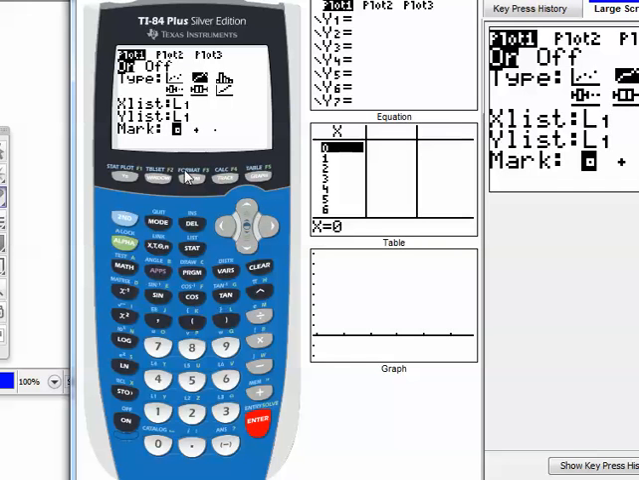And our numbers are in L1 and in L2. So we want to go down one more. L1's good. L2, we need to select L2. That is this one right there. And we'll mark that with a little dot like that and press enter. And then we'll hit graph,